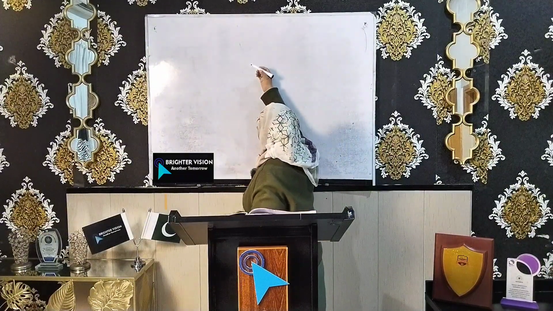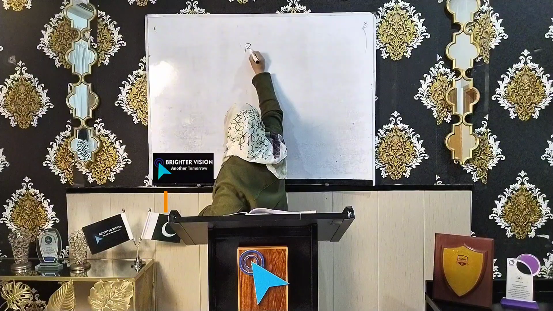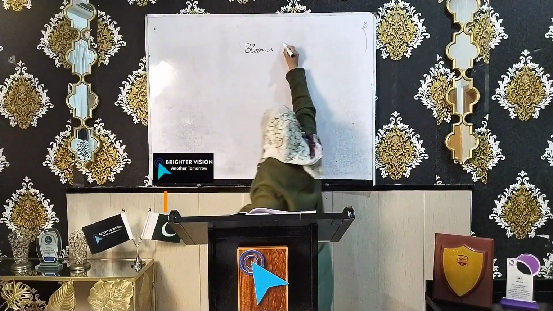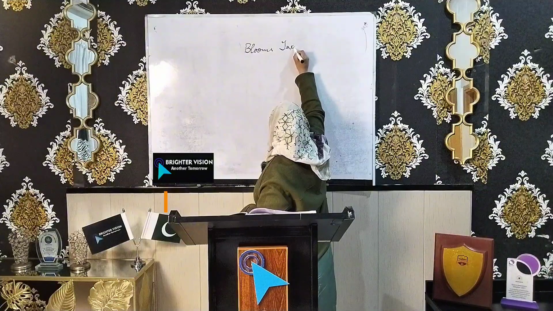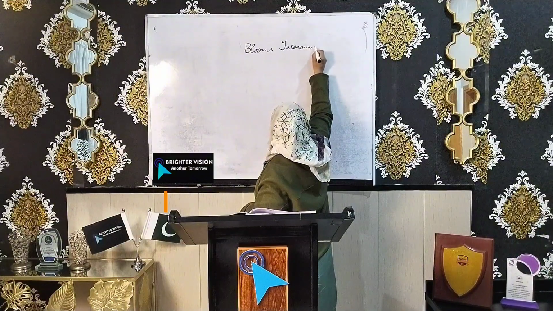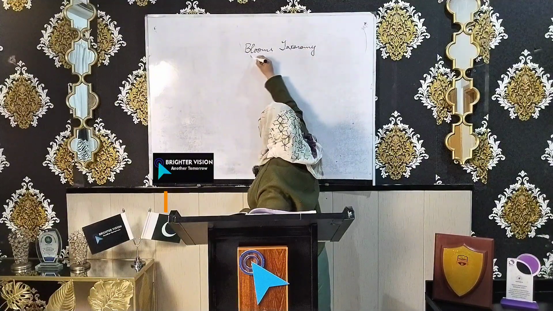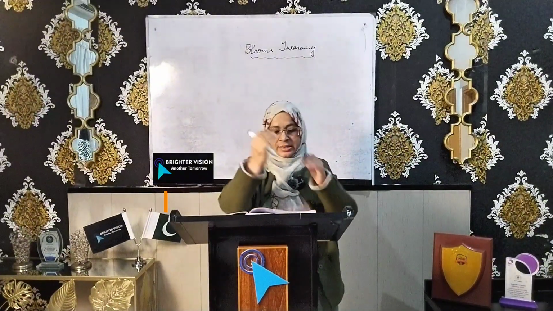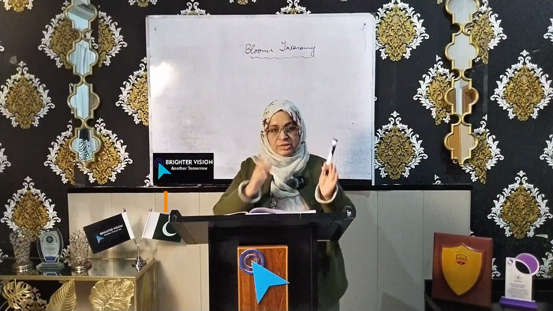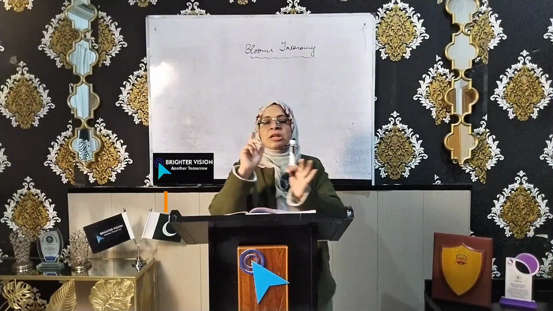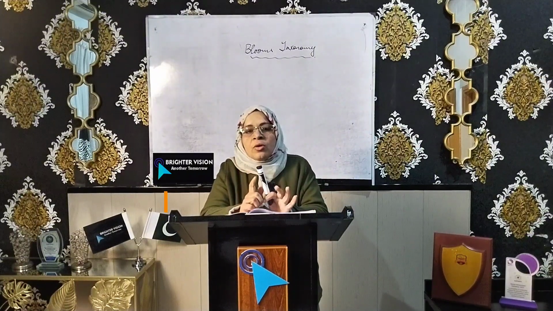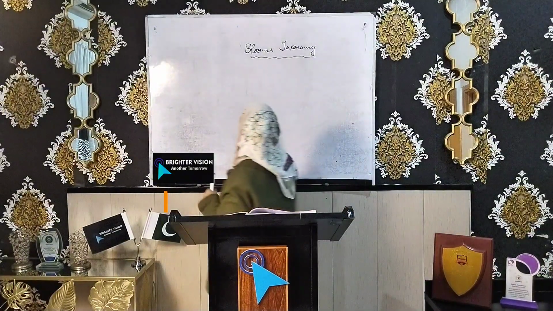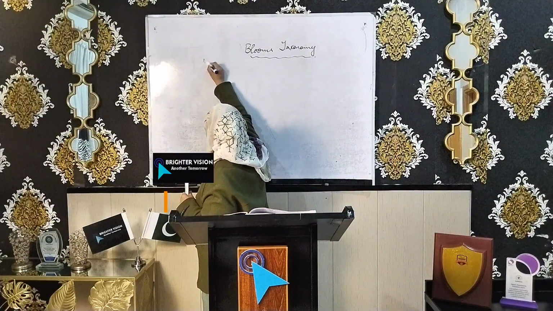First of all, let me write the term Bloom's taxonomy. Okay, what is taxonomy? Taxonomy is actually classification. What is classification? You know, making hierarchy, different categories or grouping of any concept, right? So now this was a model of learning objectives. What was it? Bloom's taxonomy is a model